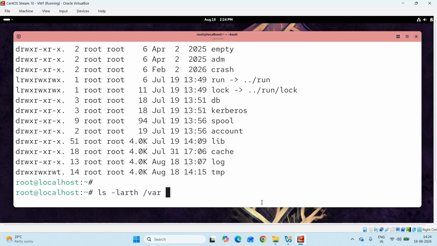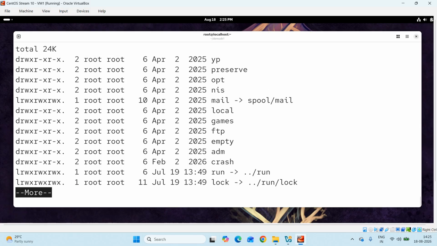Now what I am telling the ls command is I want to get the listing for the /var directory in a long listing format, including the hidden files, reverse time order sort, and h option for file size to be reported in human friendly format. And I'll send the output of this command as the input to the more command, people. Done. Now let me run this command,